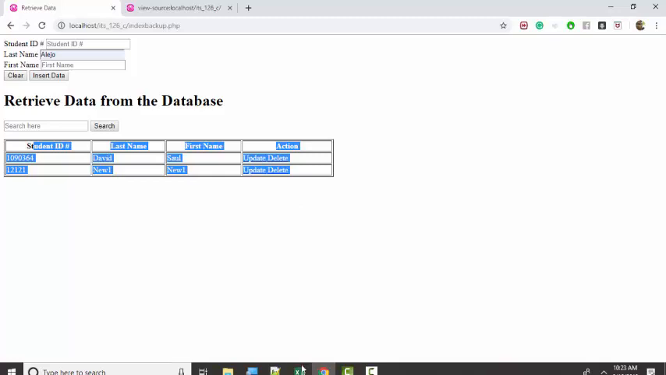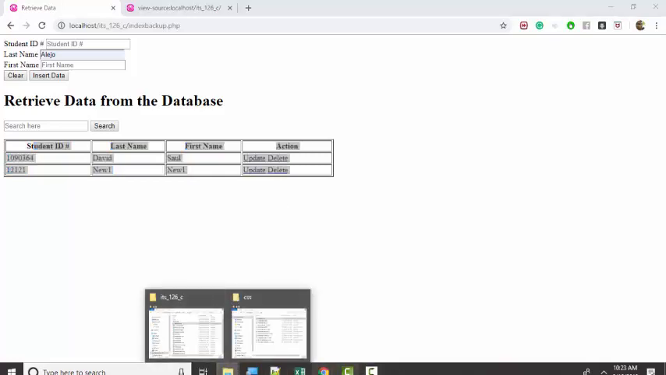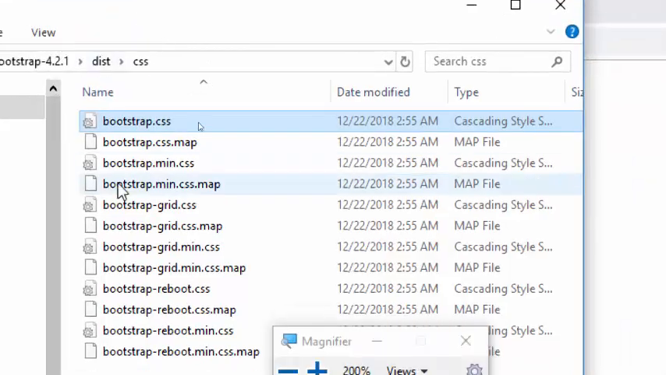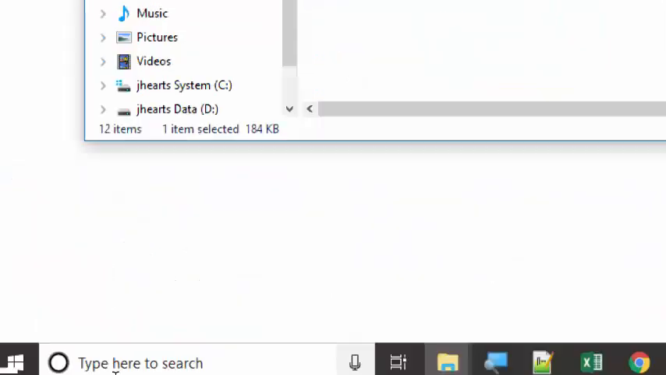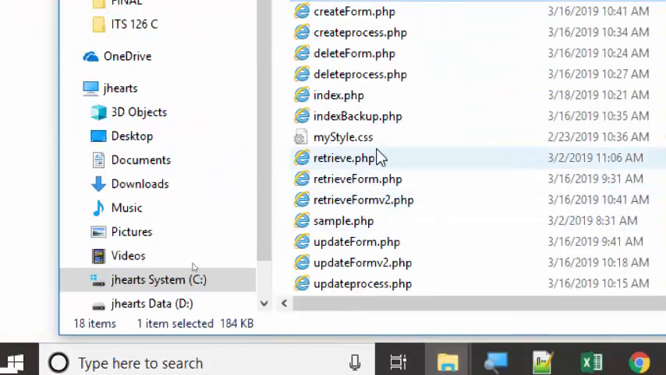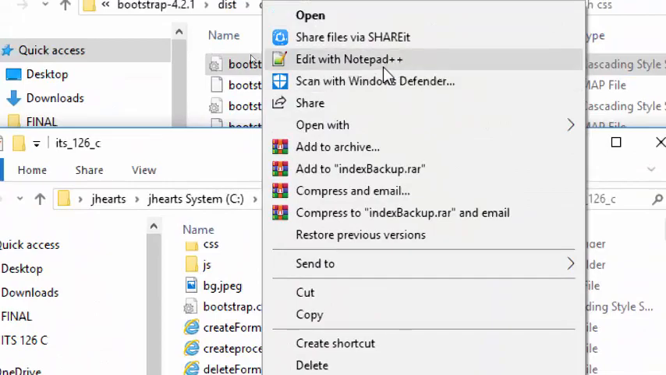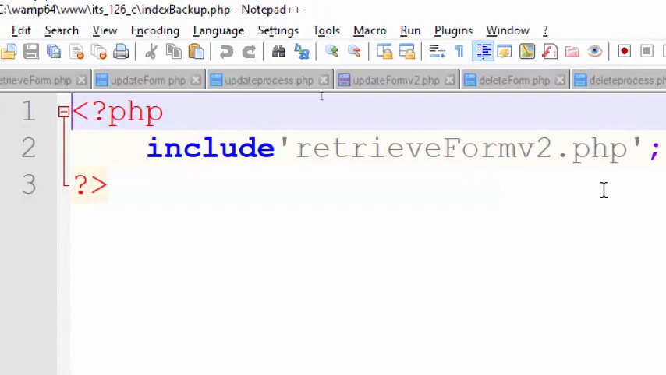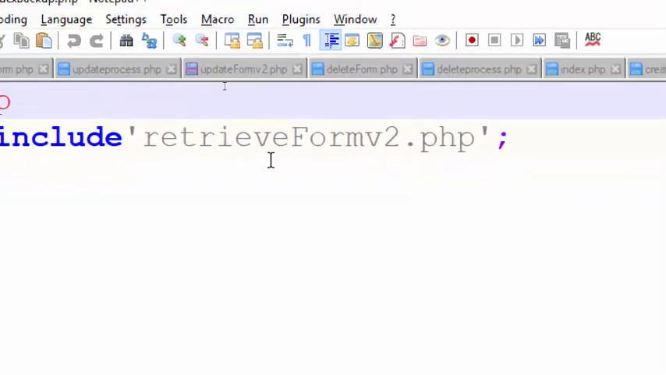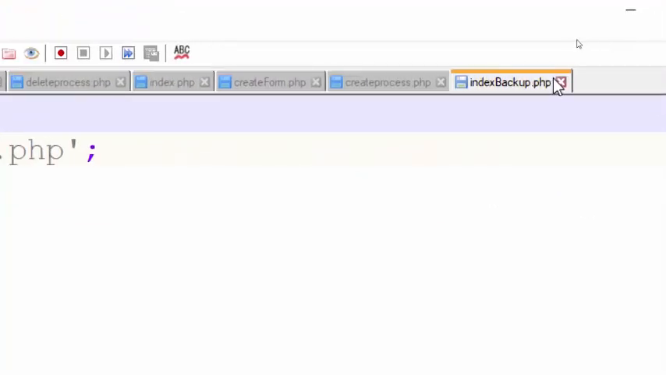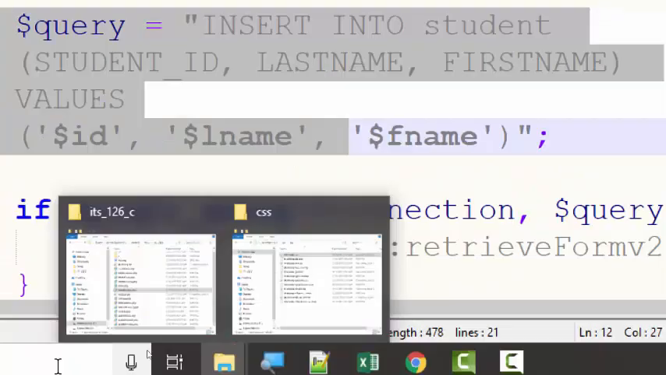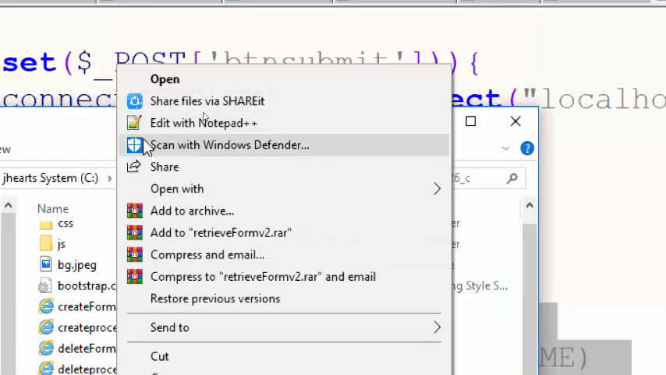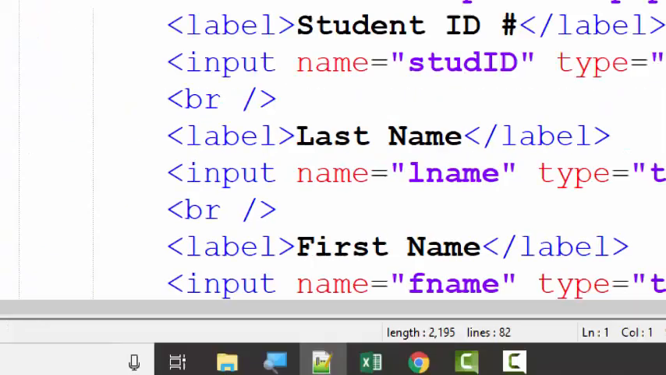Okay, so to do that for the table backup, to make it much nicer, where is the file? This is the index backup. This is the file we will work on. Okay, retrieve form.php. So we will go to the retrieve form.php. Where is the retrieve form.php? Retrieve form version 2, V2. So this one, all you need to do